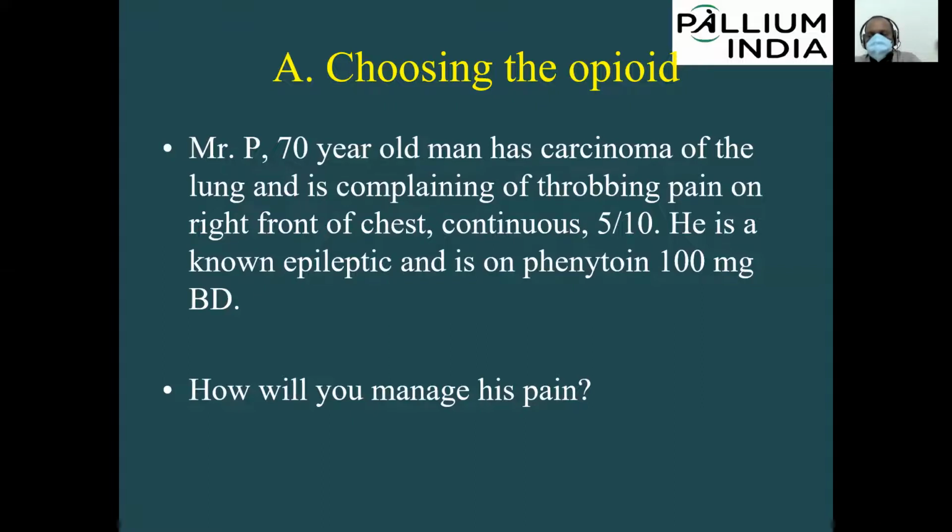So this patient has a pain score of 5/10. That means this patient has a moderate pain. So you can actually start this patient on second step of opioid, second step of WHO analgesic ladder. The first step of WHO analgesic ladder is for mild pain. Second step is for moderate pain, and third step is for severe pain. So this patient has a pain score of 5, which means moderate pain. So you can start with opioids for mild to moderate pain. As Kusum told, tramadol, tapentadol, dextropropoxyphene, or codeine.